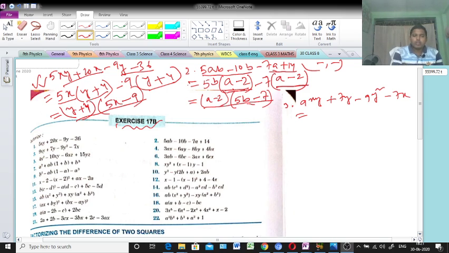You are trying or not? You should try it. Okay. See, from the first 2 terms, is any common portion there or not? At first check it once. 9, 7, no common. X, here x, but in the second term no x. Here in the first term y, in the second term y, so the common portion is there. Okay, that's why I will take common from the first 2 terms, and from the last 2 terms.